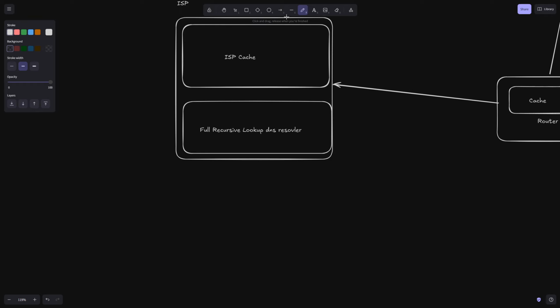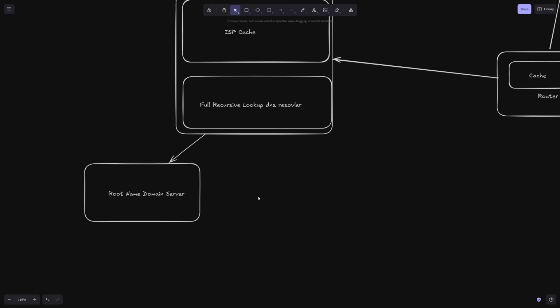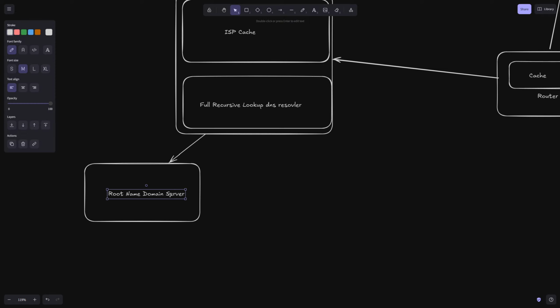So what happens is that the ISP will talk to the root name domain server. Guys, one more thing: I'm just picking all these things from my memory, so I might be a little bit slow. But anyways, your ISP will talk to the root name domain server, and the root name domain server, the way it works is that